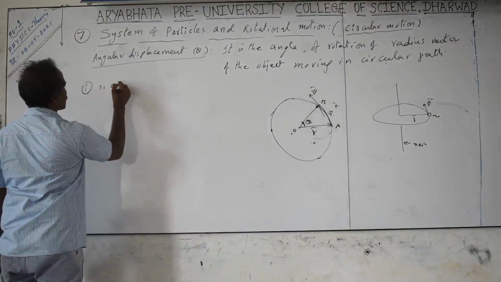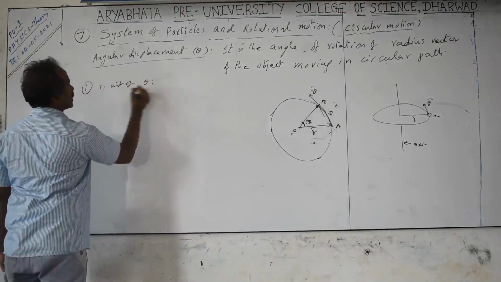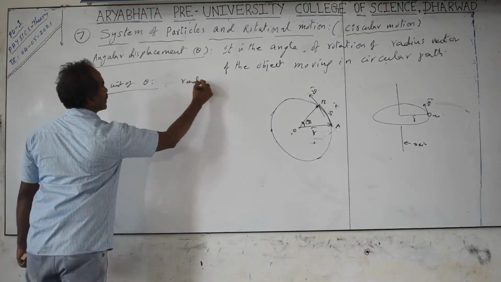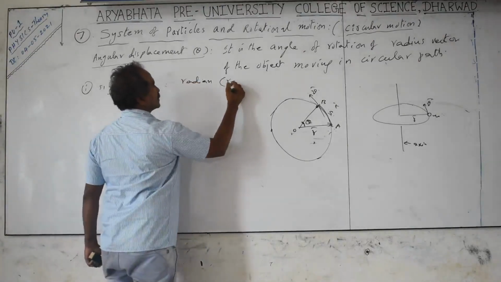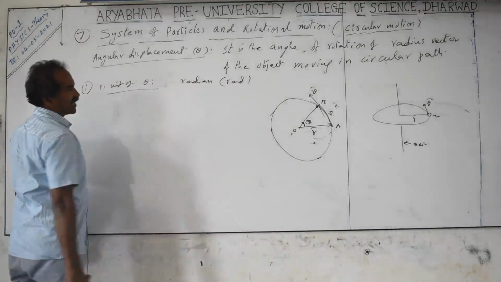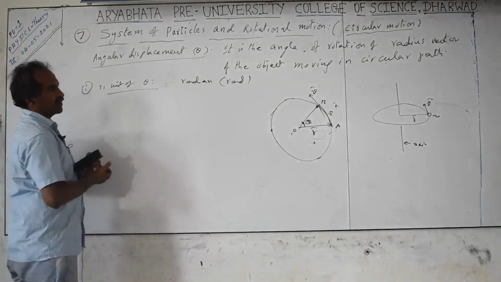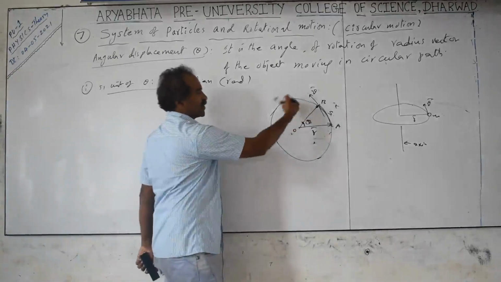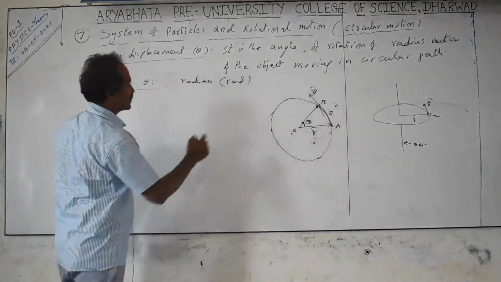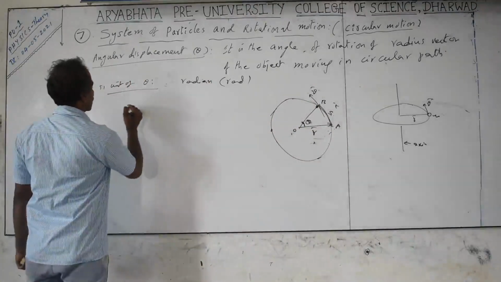The SI unit of this angular displacement is radian, R-A-D-I-A-N. In short we call it rad. Another unit we can take is degrees. If the object moves through one complete rotation, then the distance s becomes equal to 2 pi r. From the diagram, for a circle, theta is equal to